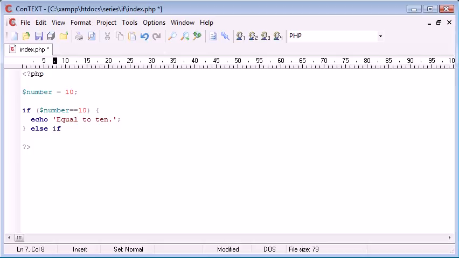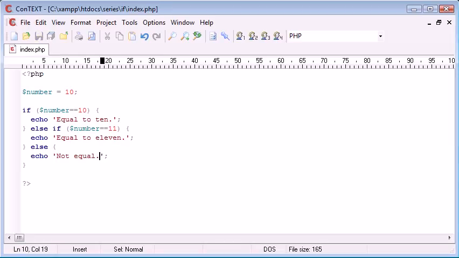So I'm basically combining if and else to make else if, and then I just do exactly the same structure and I do another block underneath that. So else if, and here what we can do is, before just jumping to else and saying no, this doesn't equal and this is evaluated to false, we can make another comparison and we can do another evaluation. So else if number equals 11, and we can now say equal to 11. Oh, if I can spell it. So equal to 11. Then what we can do is we can say else